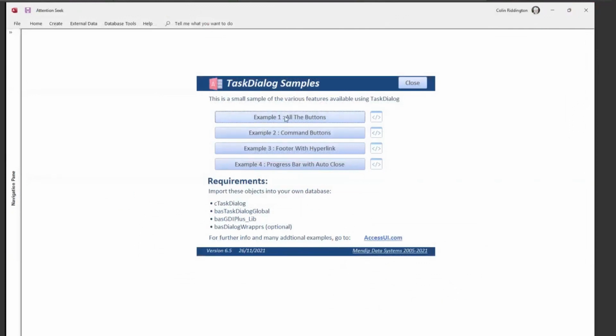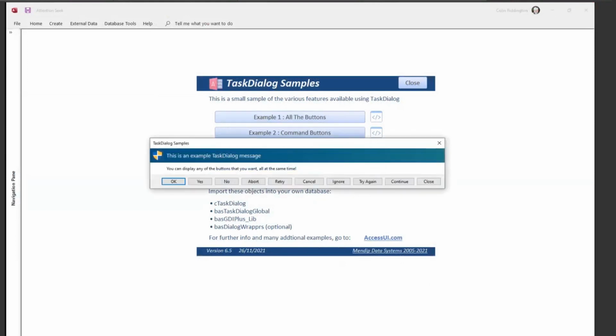With Access message boxes, standard ones, you're limited to 3 buttons, plus if you want to use it, the help button, which practically nobody uses, I think. With this, you can have as many as you want. You can have all of them if you want, although it's hard to know what you do with all of those. And by the way, none of these do anything other than just close the form the way I've set it up here, but you can obviously have different tasks for each one. You can also have a banner. You can have a different button to the normal ones here.